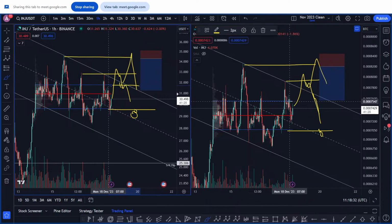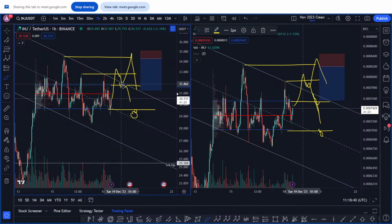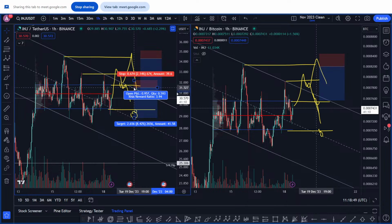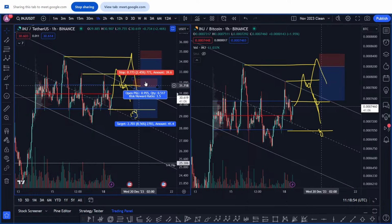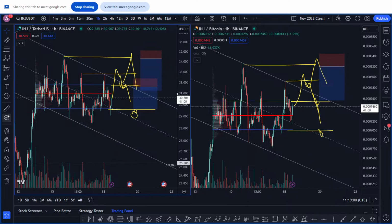Obviously this one's not exactly the same as this position, but it'd be a lot safer to come back into the value area and then short that. On this one it would be the value area and the channel, then you'd be shorting there. Then you have a small invalidation, you're back in the value area. You don't have to worry about these breakout traders, and then you can just trade it back down to the value area low. It's not a big move,